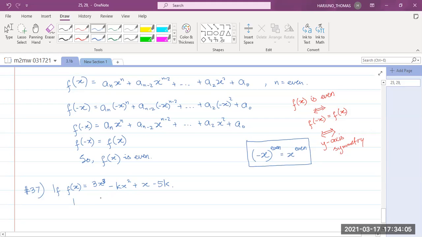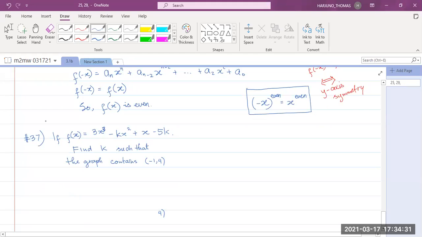Find k such that the graph contains negative 1, 4. It's a conceptual question, but it's actually not too hard. Why? Because